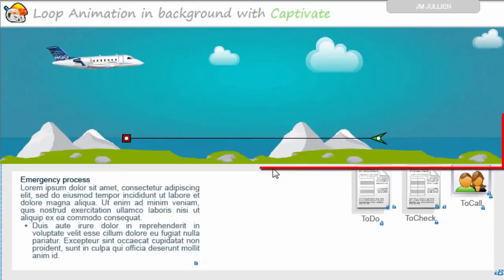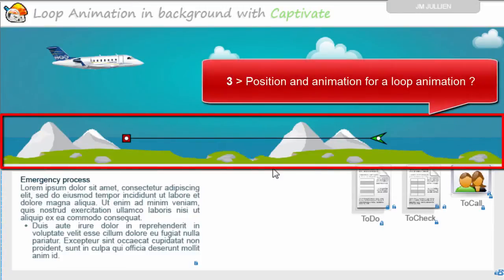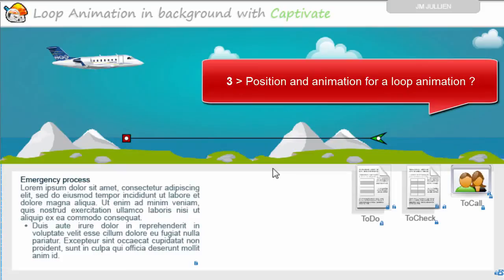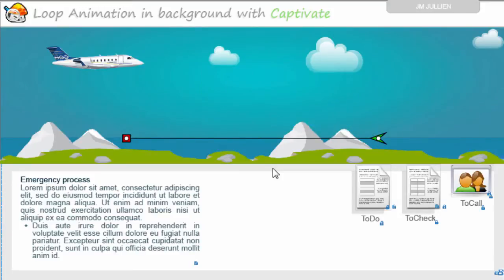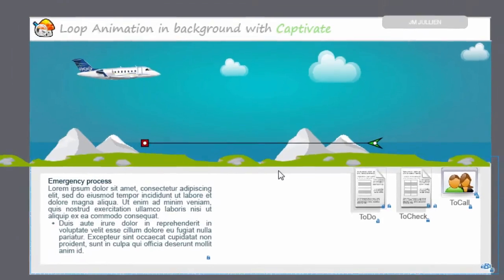A third difficulty, when this picture is created correctly, will be its location in the slide as well as its animation. If we don't observe accurate rules as well as the right space we need between the beginning and the end of the motion path when we set up the animation, this picture will move forward badly and the loop animation won't work correctly. At last, fourthly, so that this animated picture plays endless, we'll need to define a script enabling this picture to run in loop. Which script and which variable can we use in order to create it? In this demonstration, I'm going to focus on those points in order that you are able to create your own animated background running in loop within a slide.